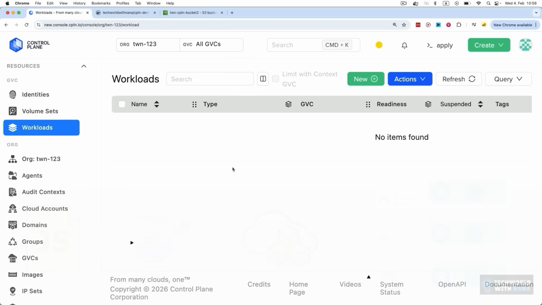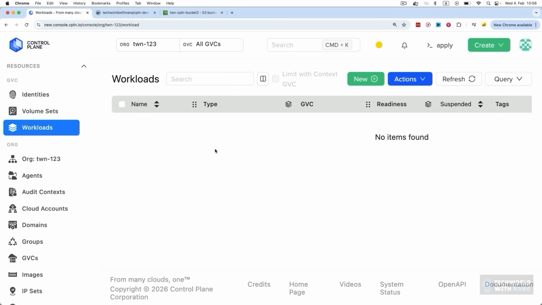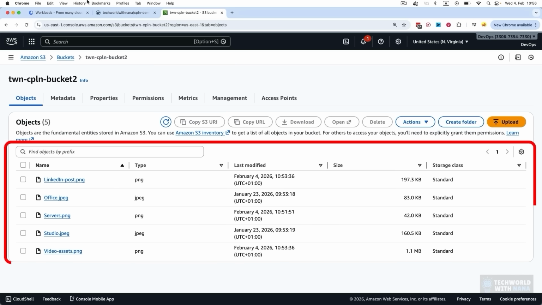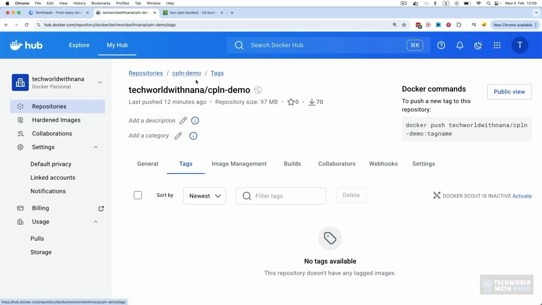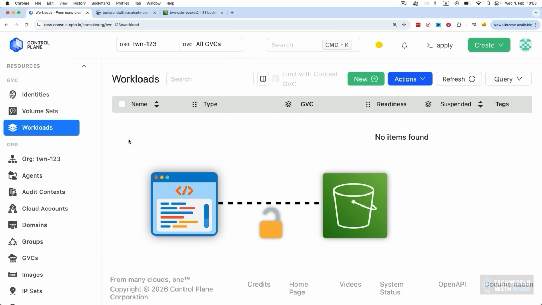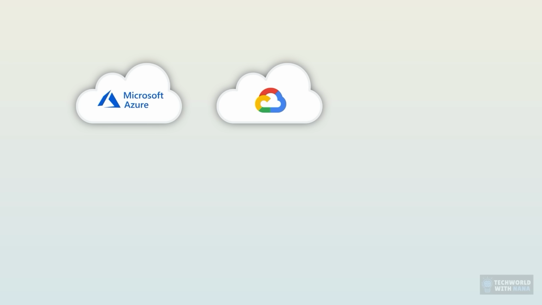And there are 2 interesting details about our application. The first one is that our application actually connects to an S3 bucket on my AWS account. So I actually have an S3 bucket, which simply has some random files in it, some images, and our application connects to the S3 bucket on my AWS account. It fetches some data and displays it in the UI, which means when we deploy our application on multiple cloud providers, we're going to have to give our application access to the S3 bucket on the AWS cloud platform, right? And it's going to work the same whether our application is running on Azure Cloud or Google Cloud or AWS.